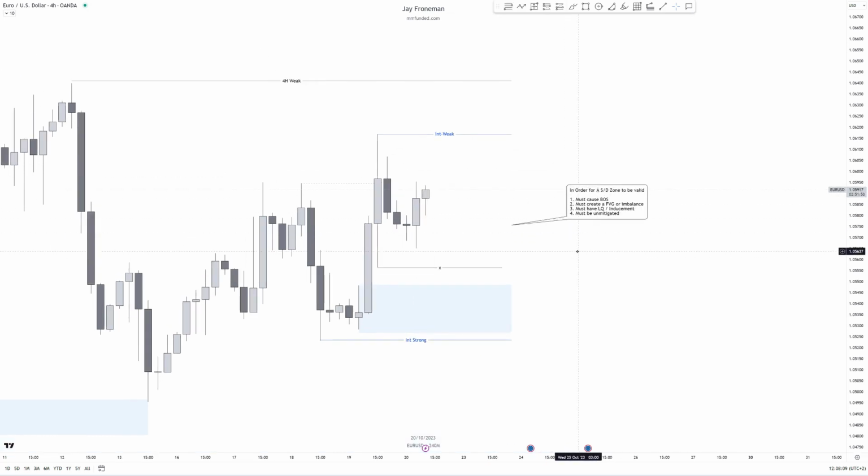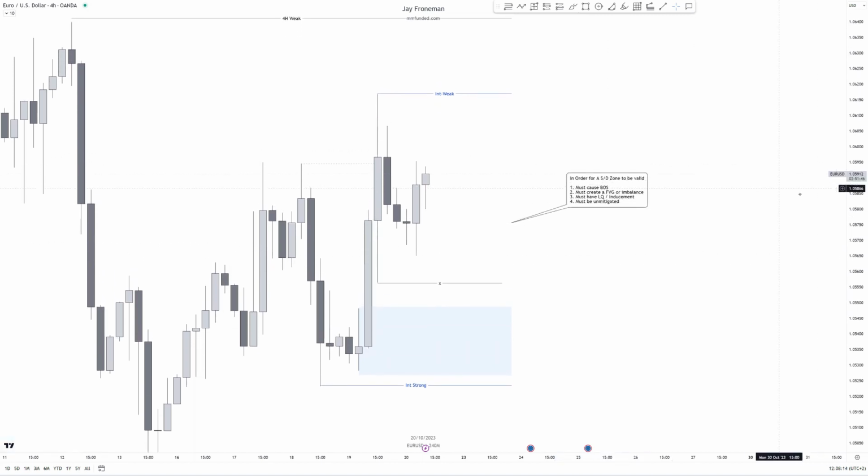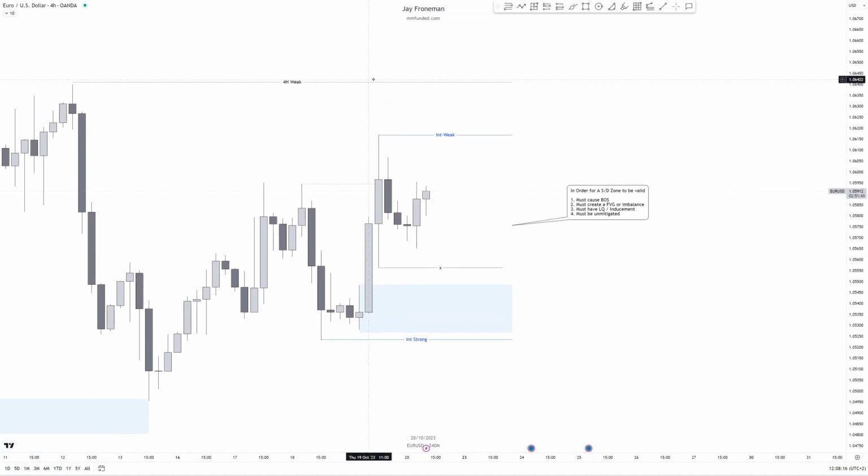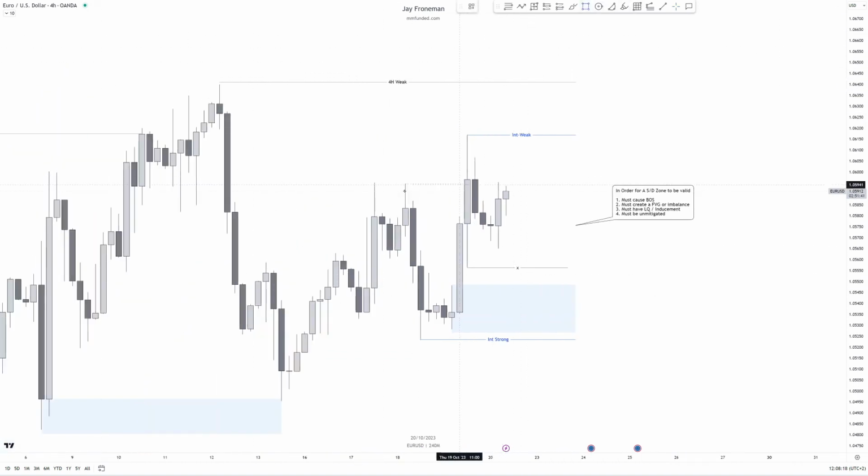Okay, so in order for a supply or demand zone to be an institutional level, which there is a big difference between that. A supply and demand zone can be every candle at every swing. So for example, this was a supply zone. This was a demand zone. This was a supply zone over here. This is a demand zone over here. This is a supply zone over here. Supply and demand needs to be complemented with liquidity concepts, structural concepts, as well as these important 4 criteria to